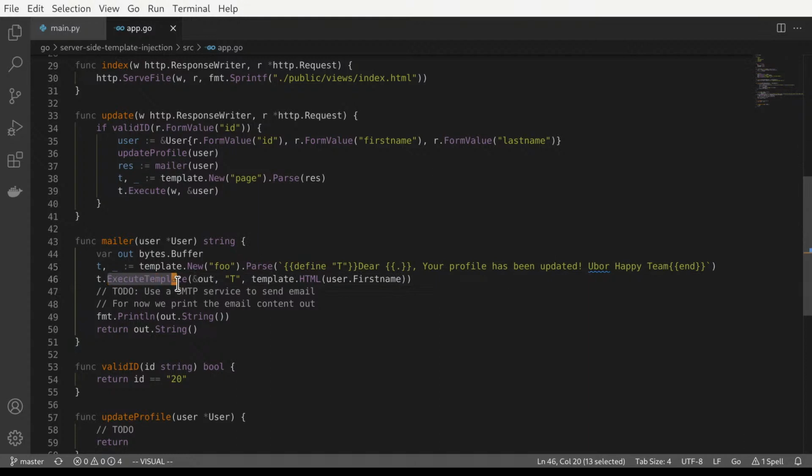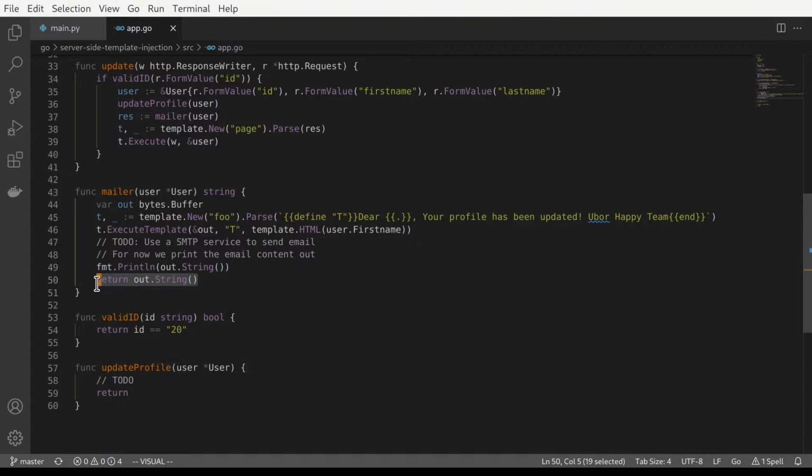And this execute template behind the scenes will compile and render this template. So two things within the same function. And I'm passing in the first name from this object, from this struct, so it will be replaced at this part of the template. We don't have an SMTP server. We are just printing out the email content, so the email body content, and we will return back that template